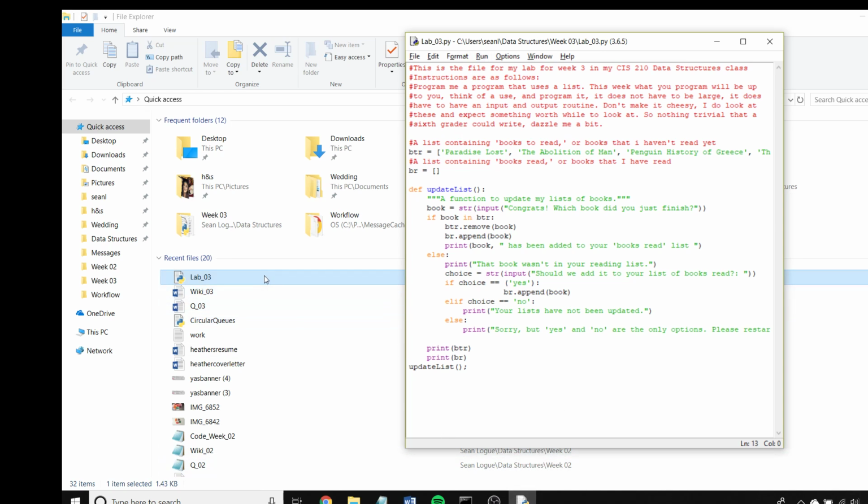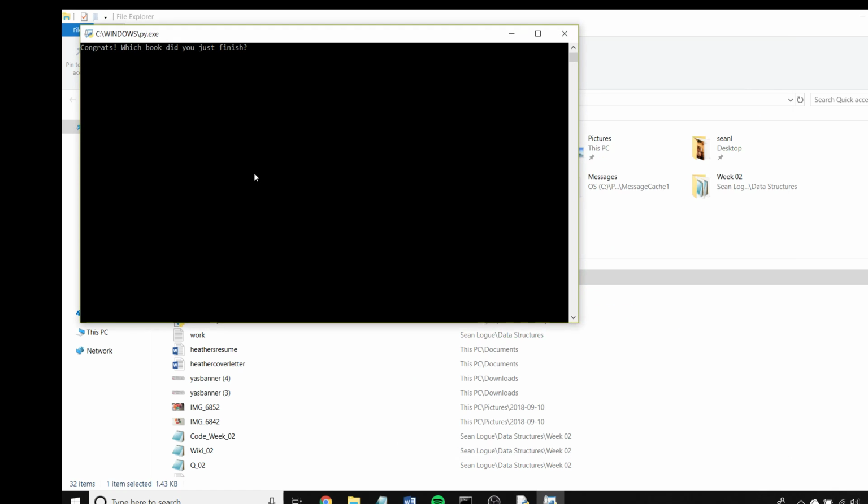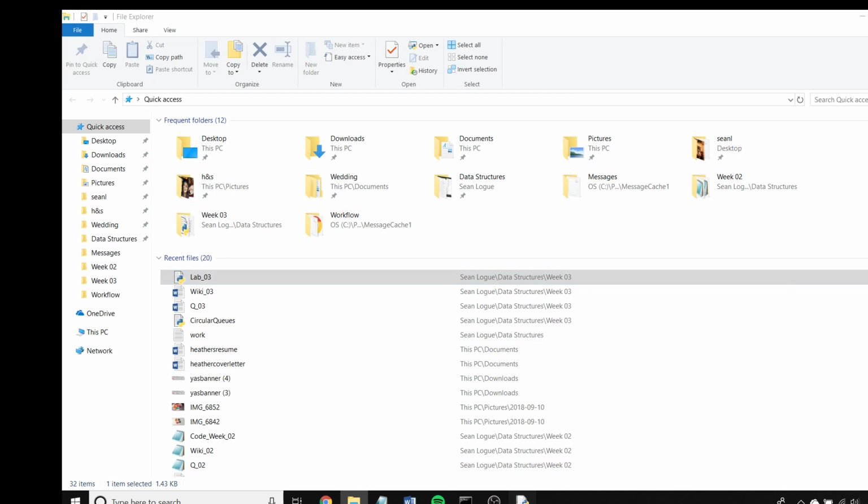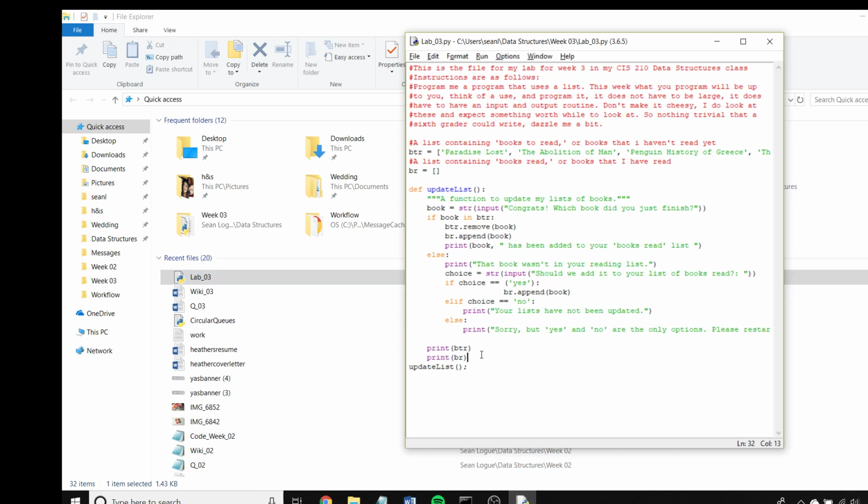So let's see if I just click on this. Congrats. Which book did you finish? I'm still reading it, but let's say Paradise Lost. I should have added some code in there so that it didn't just immediately go away. Well, I'll just leave that for now. You can see where I'm at, regardless of if I add something to just show the answer. But basically, if it's in the list of books that I've read, it'll take it off that list and then add it to my other list. As you can see here,